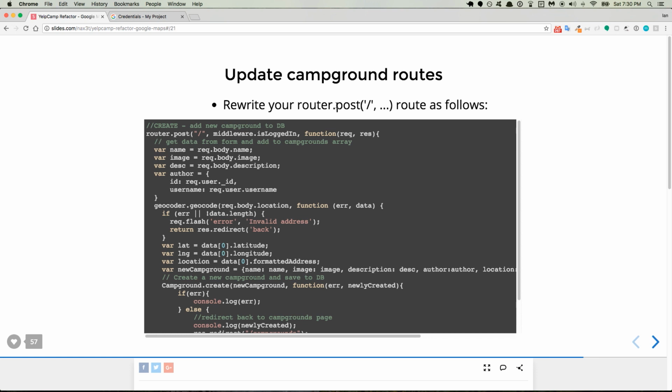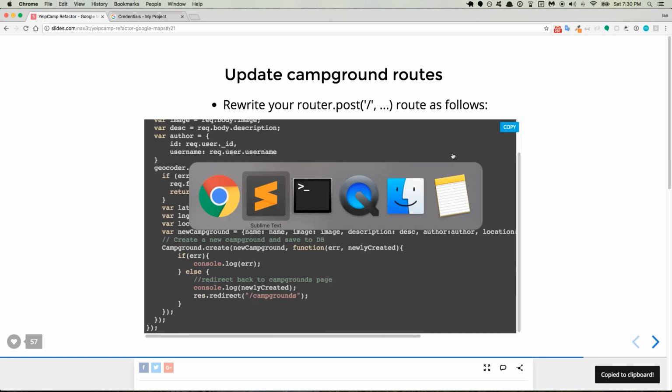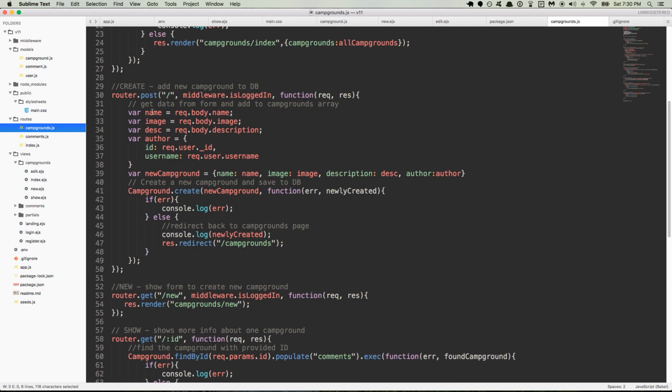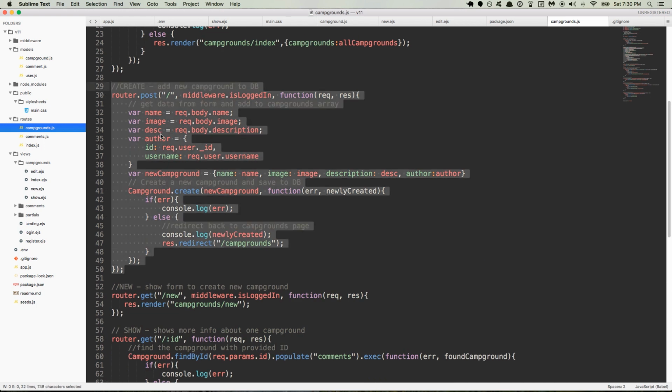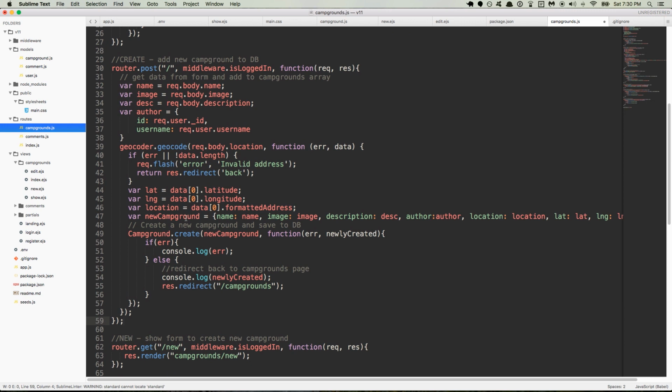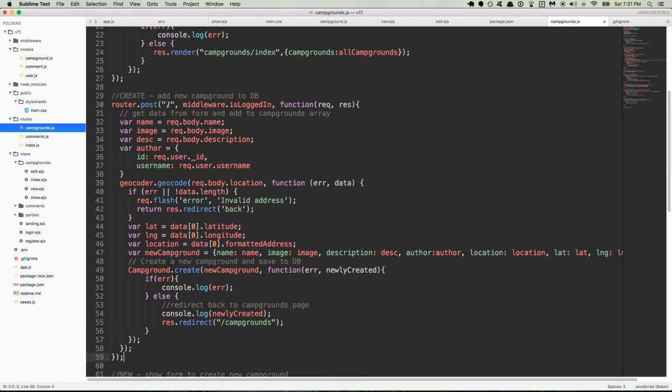So it's saying rewrite your entire router.post route as follows. So I'll just copy this code, go down to router.post, and we'll just paste this in here. And so you can see some things got added. Let's go ahead and look at it. We have post to /, middleware.isLoggedIn, and then you collect the name, the image, the description, the author from the req.body and req.user, and then